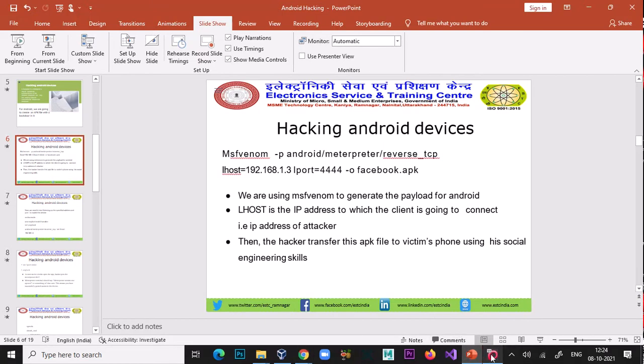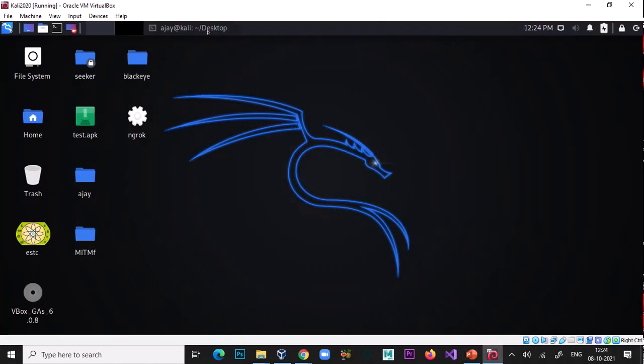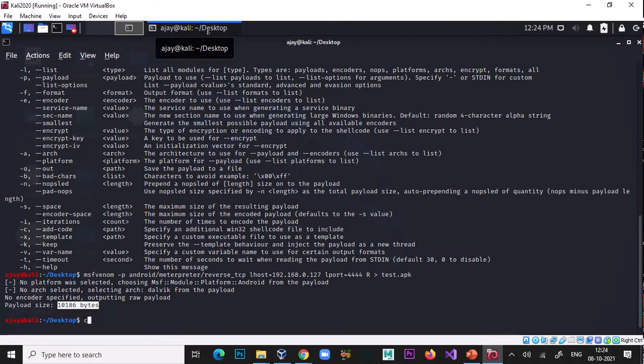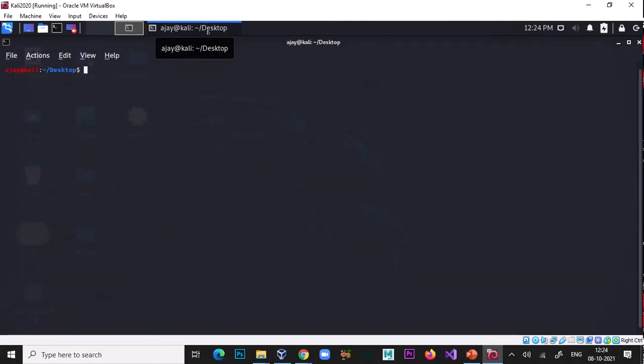So first of all, just clear and type msfconsole. You have to start the Metasploit framework.